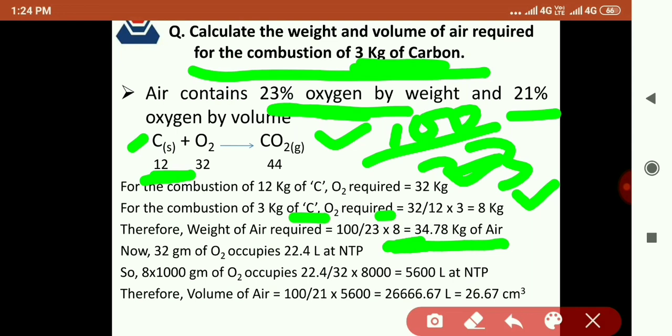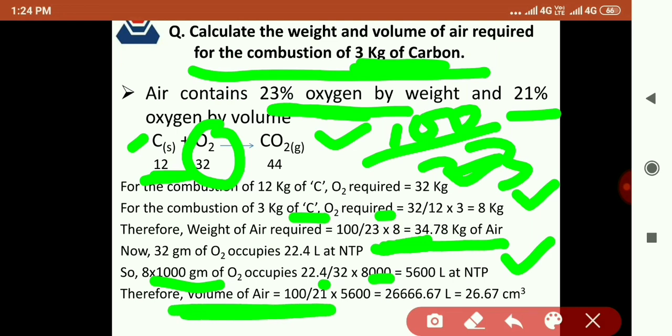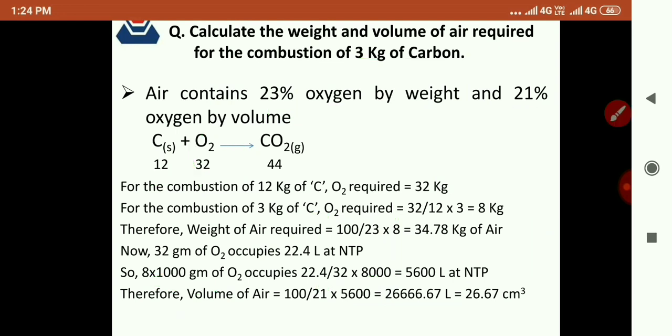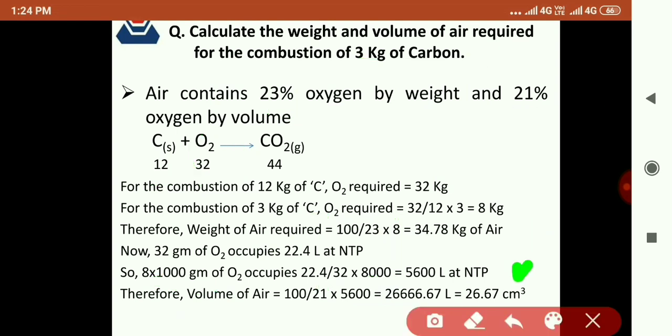सो वेट ऑफ एयर रिक्वायर्ड हमने ये निकाल लिया, विच इज़ 34.78 kg ऑफ एयर। नाउ 32 grams of oxygen occupies 22.4 लीटर एट NTP। ये हमें पता है कि अगर ऑक्सीजन की बात करें तो ये वाला जो वेट है 32 ग्राम्स, ये 22.4 लीटर ऑक्यूपाई करता है, क्योंकि हम यहाँ पर वॉल्यूम में बात कर रहे हैं। सो 8 into 1000 ग्राम ऑफ ऑक्सीजन विल ऑक्यूपाई 22.4/32 into 8000, दैट इज 5600 लीटर एट NTP। सो अगर हमें ऑक्सीजन का वॉल्यूम पता चल गया तो वॉल्यूम ऑफ एयर रिक्वायर्ड इज इक्वल्स टू 100/21 इंटू 5600, दैट इज़ 26.67 क्यूबिक मीटर।